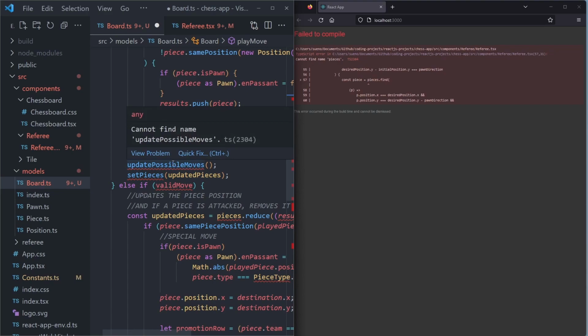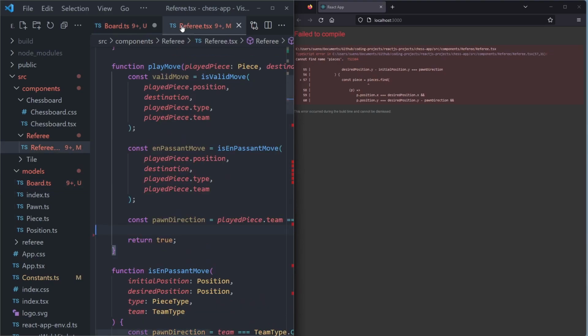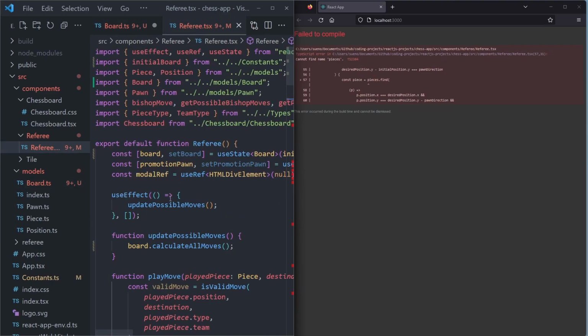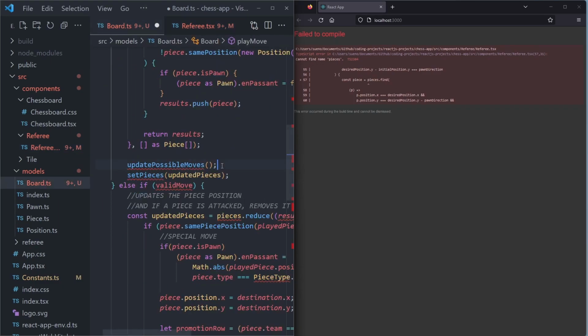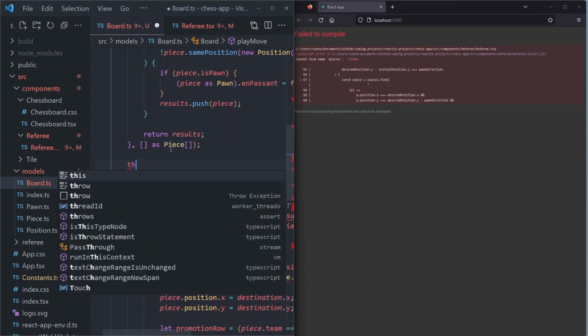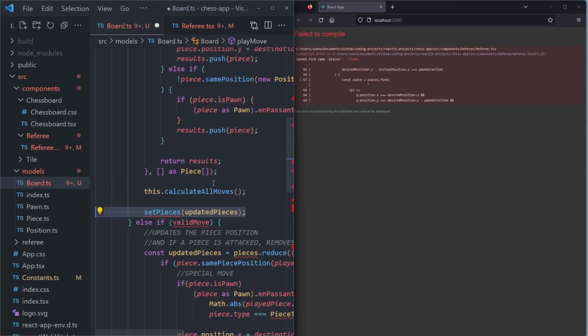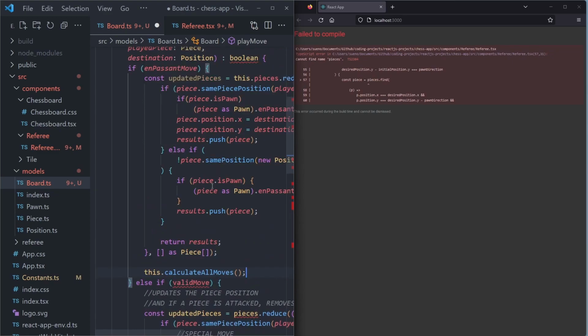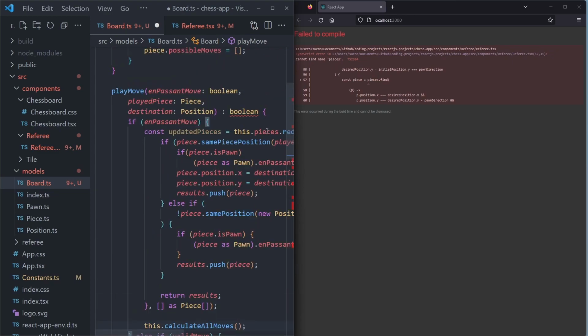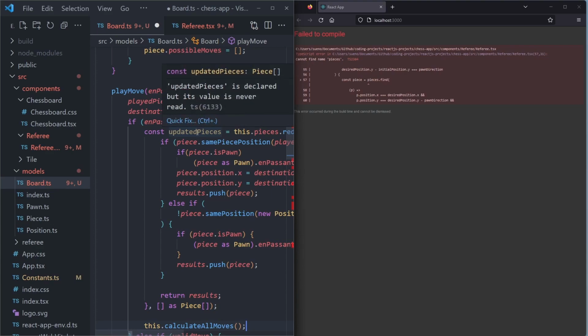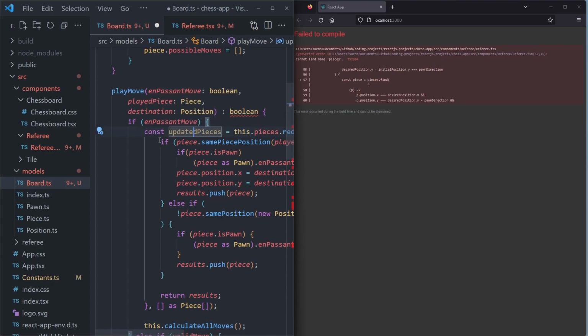Then down here we have update possible moves. If we go to here, the update possible moves function is calling the board.calculate all moves. So what we can do right here is say this.calculate all moves. And then we set the pieces to the updated pieces. We don't need to do that anymore because we immediately update the pieces when we do that. Actually, we don't immediately do that. We still need to assign them. So we are going to say this.pieces is equal to